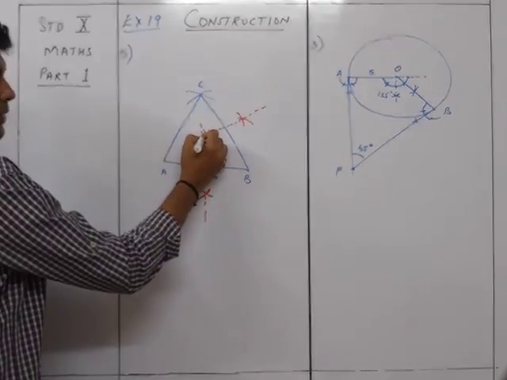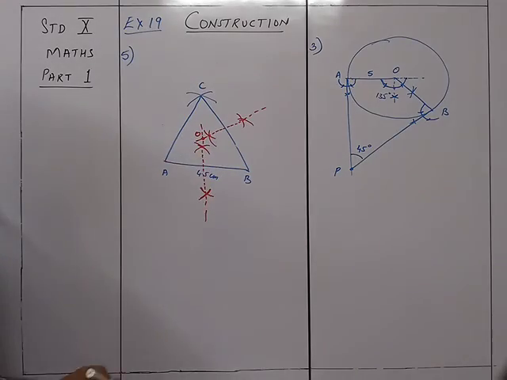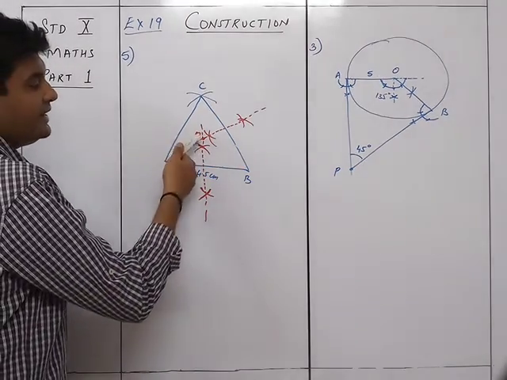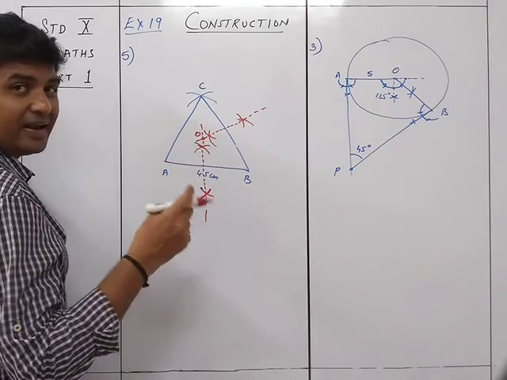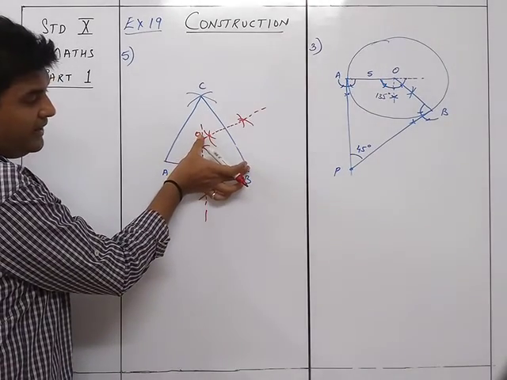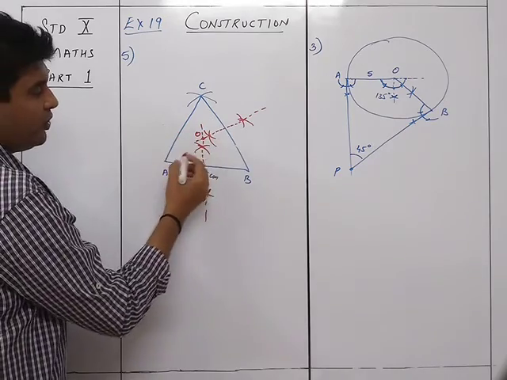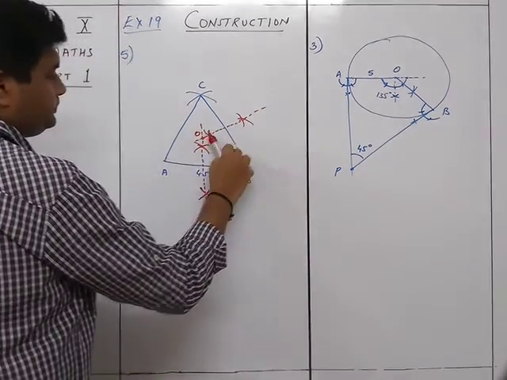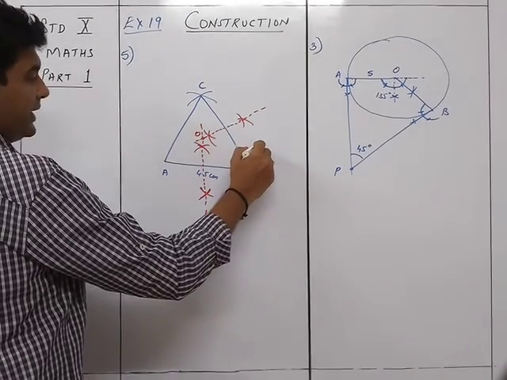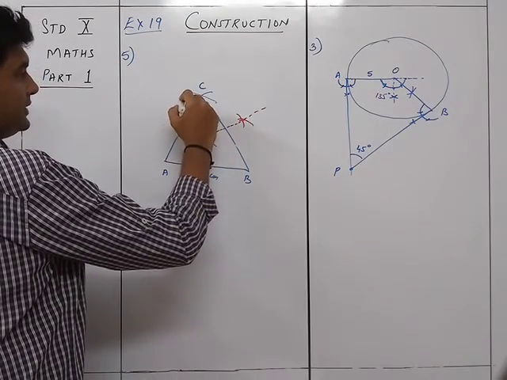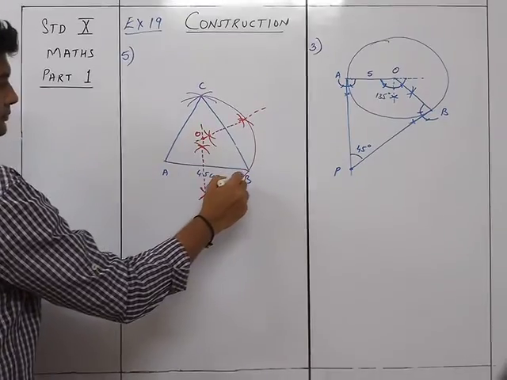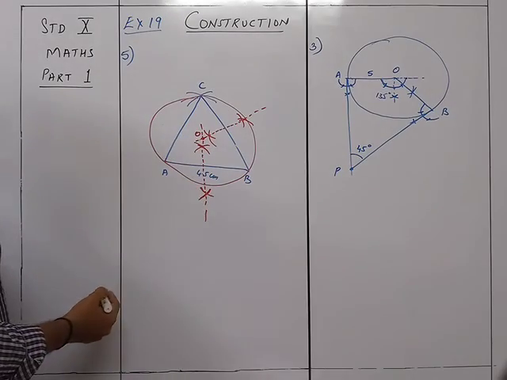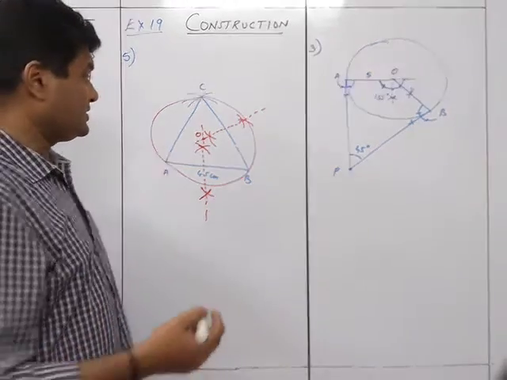So this over here, point O, is the point of intersection of the two perpendicular bisectors. Taking the radius equal to OB, OB is the radius. I am going to draw the circle. So with OB as the radius, you are going to draw the circle. It will be this way, I draw the circle like this. Okay, so this is how you are going to draw it and get the answer for this one.